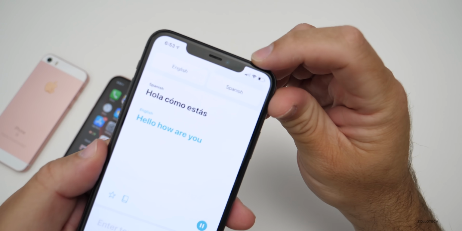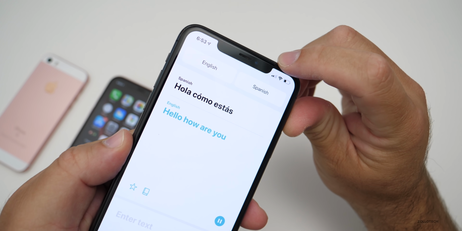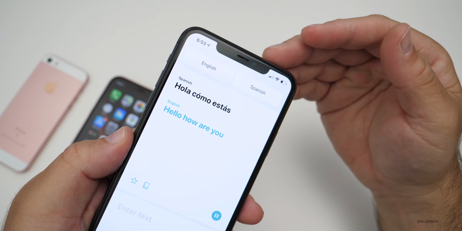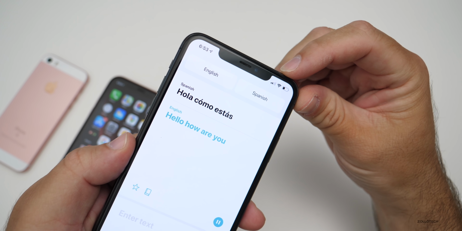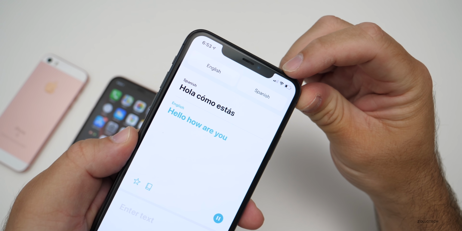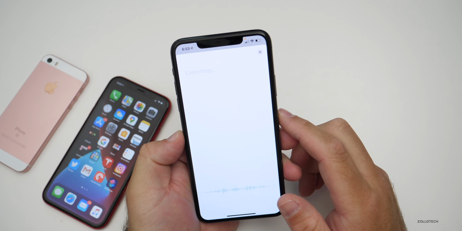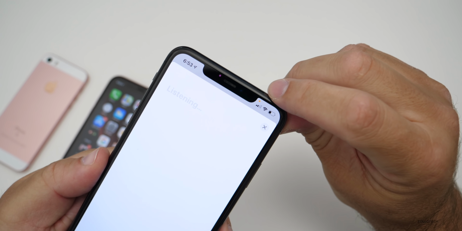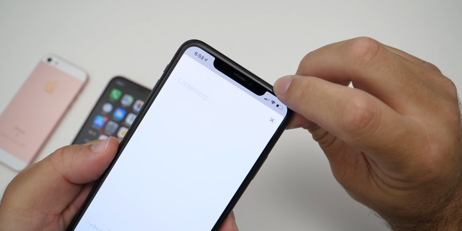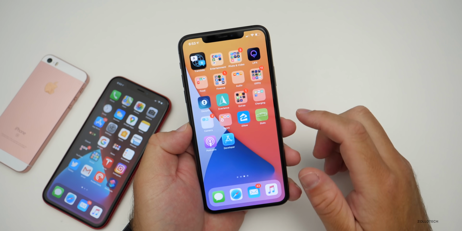Now, when I was recording the first time, you may have noticed there was a little dot that appeared in the upper right. This is part of privacy in the update with iOS 14. Anytime it's using the microphone or camera, a little dot will appear to let you know that it's active. Even if you didn't allow it, it will let you know. So for example, "Hi, how are you today?" And you can see right here that there's a little dot. Now, it didn't translate that, but you at least got to see that there's a little dot for privacy when you're using the microphone.